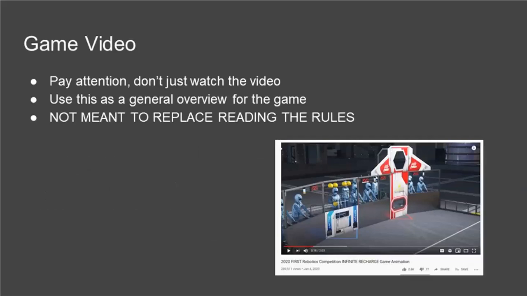During kickoff, right off the bat, they release a game reveal video. This will tell you the very general overview and the basics of how the scoring works, how the game itself is meant to be played in the eyes of the game makers. While you watch, you'll want to make sure to keep note of all the different stages of the game. It usually goes Auto, Teleop, Endgame. And you want to keep track of the progression of the game,